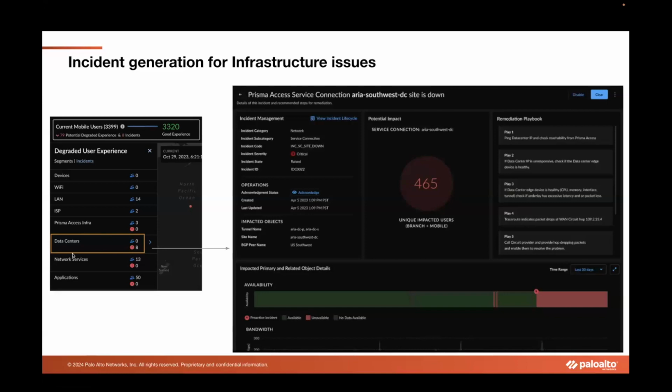From Prisma Access infrastructure, data center services, network services, or applications, we raise incidents in order to notify administrators to fix these infrastructure issues and also tell them why these issues are happening, provide them telemetry in order to identify or isolate the exact root cause that is causing the problem, and also guided remediation for network administrators to fix these problems. So what you're looking at here is an incident that has been raised for a service connection down